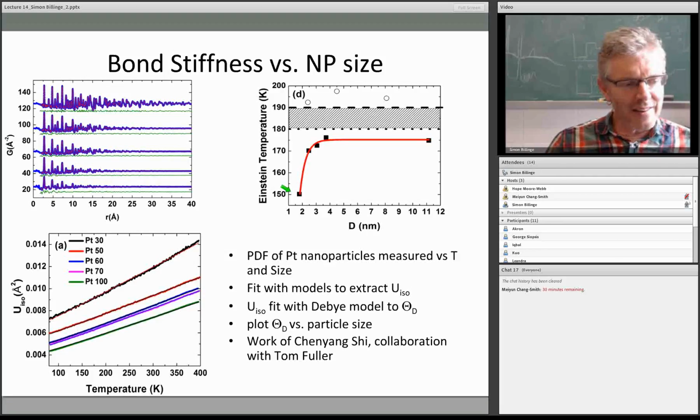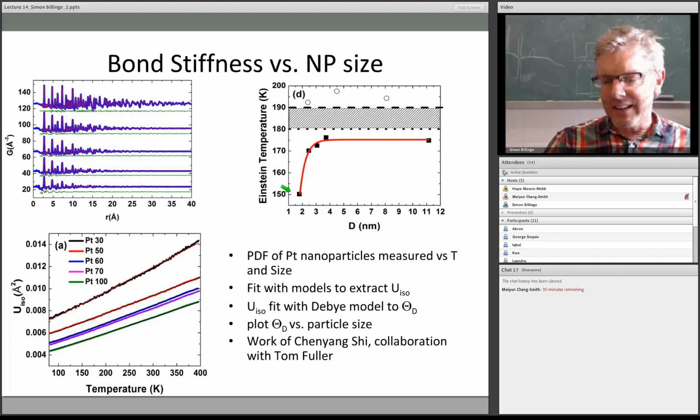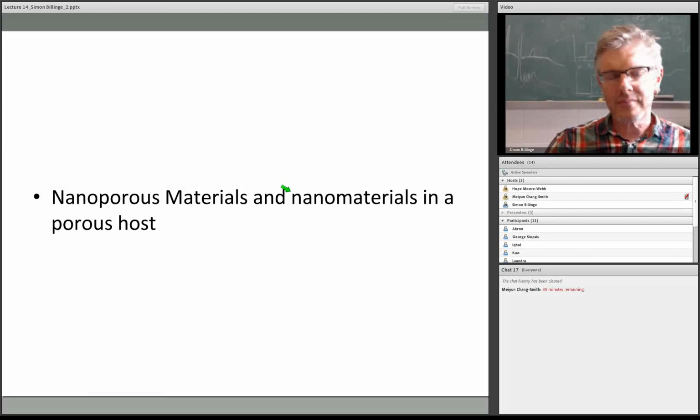So I don't know, this is a soft condensed matter course. I don't know how many of you are interested in platinum or cadmium selenide, but nonetheless, the general principles are the same, that we can apply this and extract very high quality quantitative information, even from nanoparticles. Okay, I'm going to go rapidly through this example, but